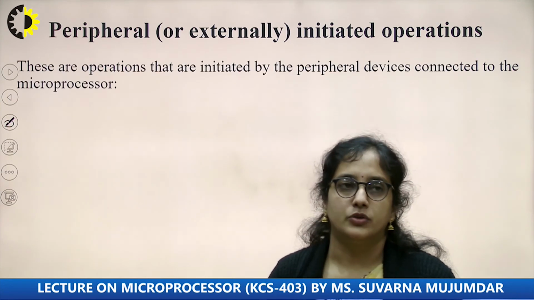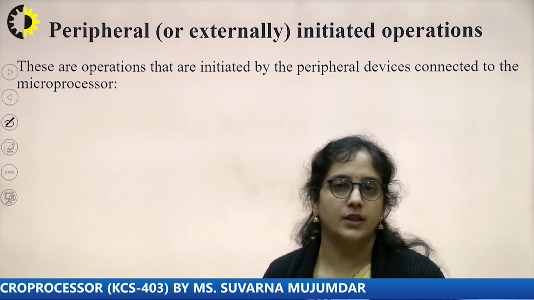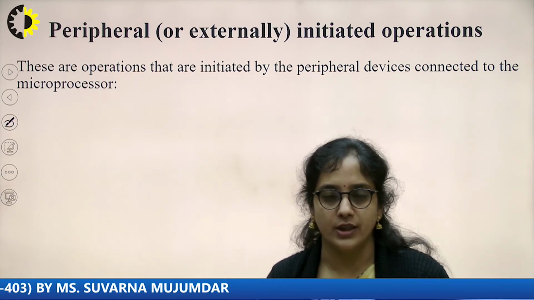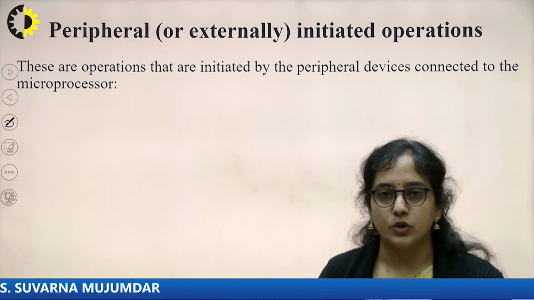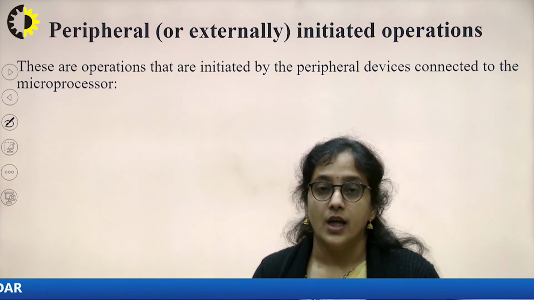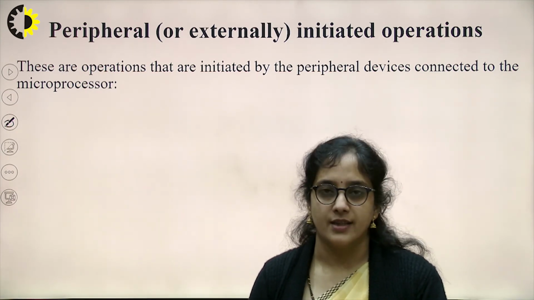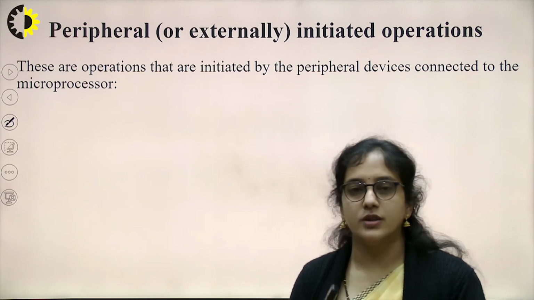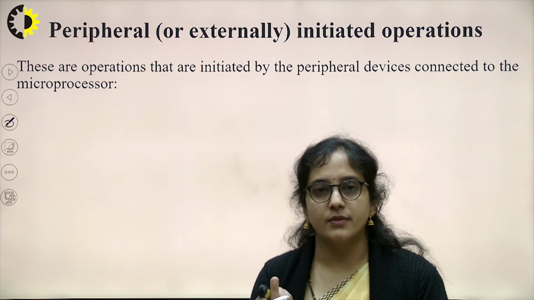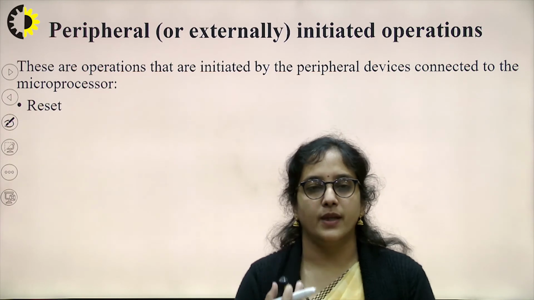Okay, so there are more things we can say. A microprocessor will not work independently. It needs some input output devices to communicate with the outside world. Whenever input output devices, which are peripheral devices, are connected to the microprocessor, some operation must be initiated by that peripheral device. For example, this sensor, I already told you, this remote: the operation by clicking is initiated by this remote only. So, when I click it, it displays reset.